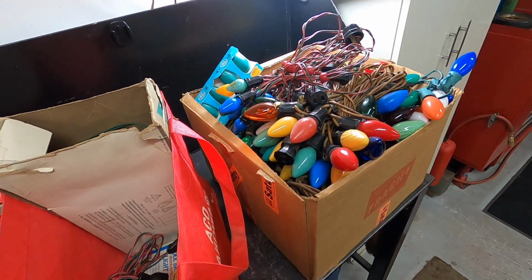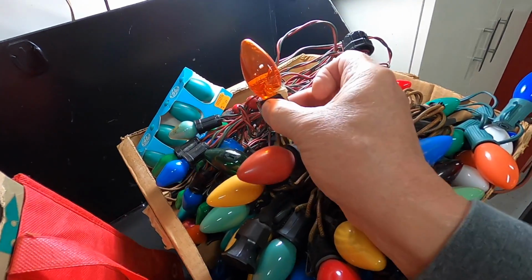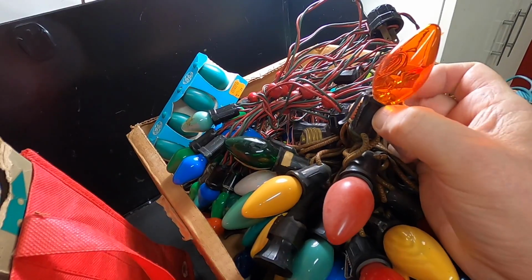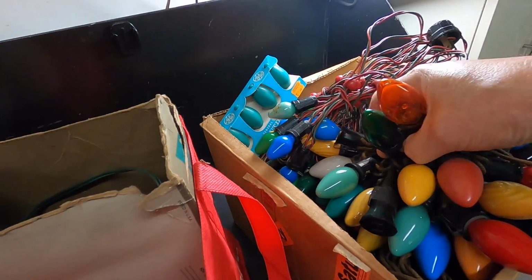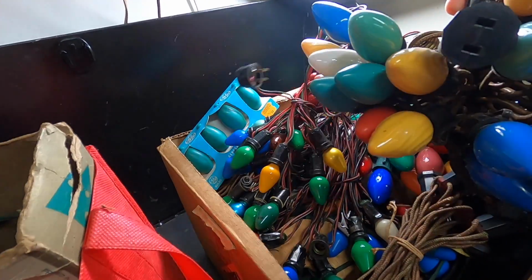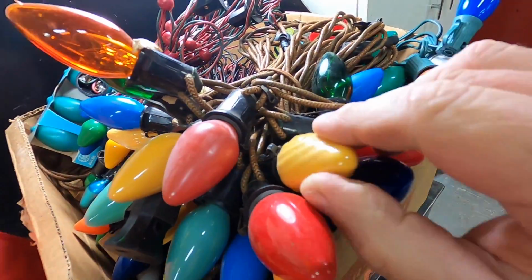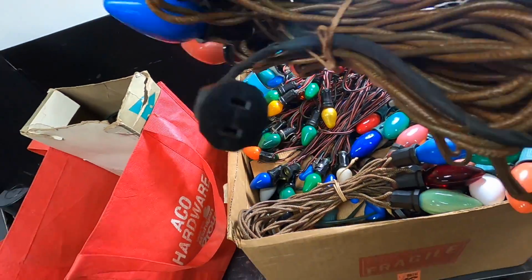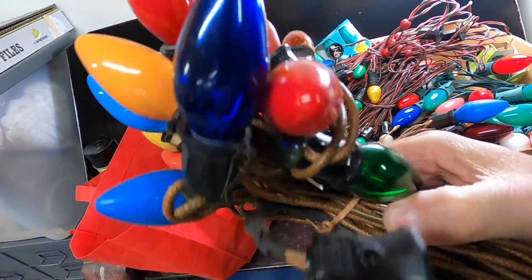I can't go to an estate sale without buying Christmas lights if they're there. I was just looking to see if that's a twinkler. It doesn't look like it. I don't see the little arm in it that makes it blink. So a lot of the transparent ones are twinklers, but these ones don't appear to be. But yeah, there's the twisted glass bulbs. These are those old cloth cord wiring,